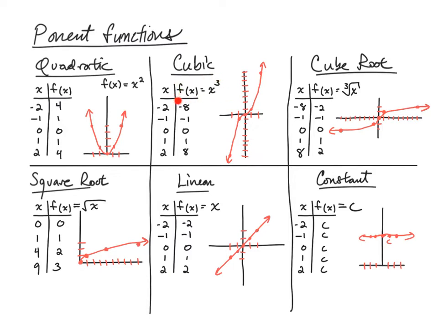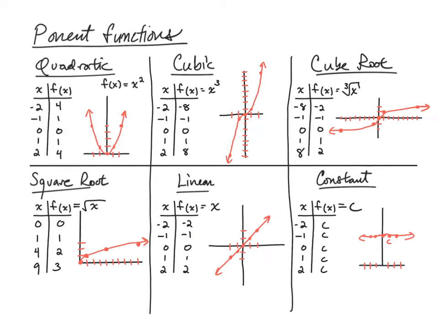F of x equals x cubed. That's a cubic function. The x has to be cubed. That is the defining feature for the equation. We have a cube root, where f of x equals the cube root of x, or the third root of x. Again, the 3 in the root here is the defining feature for this particular parent function. We have a square root of x. Of course, that means we're going to have a square root symbol around the x, so the square root is